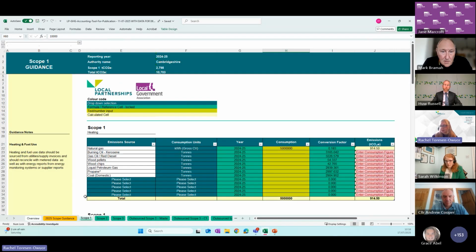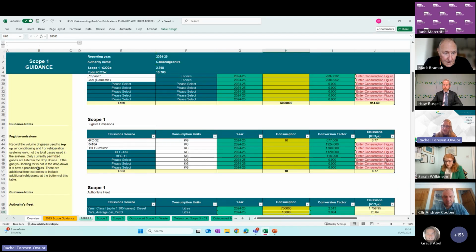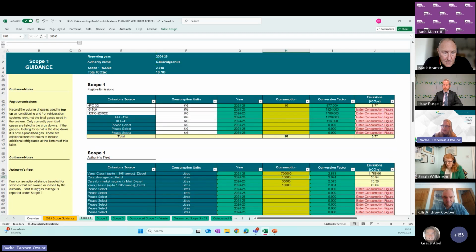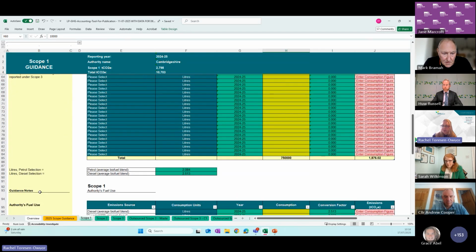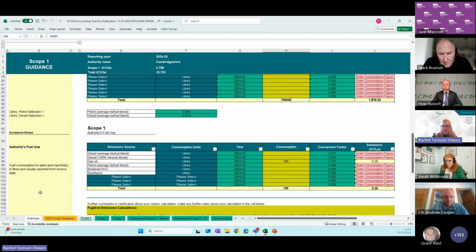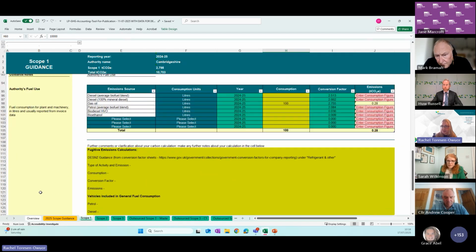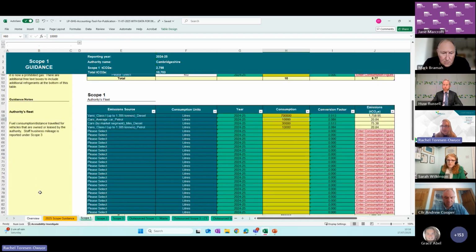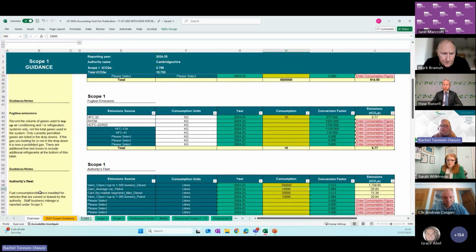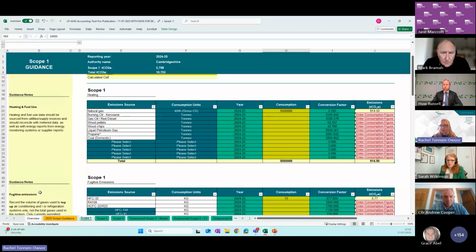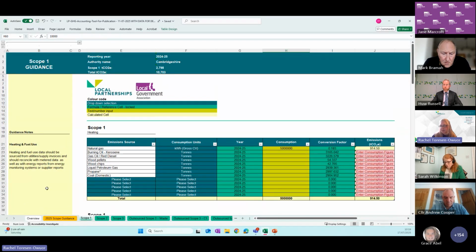So the scopes 1 and 2 and 3 tabs have had a bit of a refresh and a facelift. So what you've got on all of the reporting tabs now is a collapsible guidance column down the side here. This has guidance notes related to all the tables within the tool to give you where your data source may be, some words about the units of measurement within the reporting tab, so that you don't need to keep flicking backwards and forwards to the FAQ document, which still remains available, but we've put guidance within each tab for you here. What you will also see at the top, and this is a new feature, is the reporting